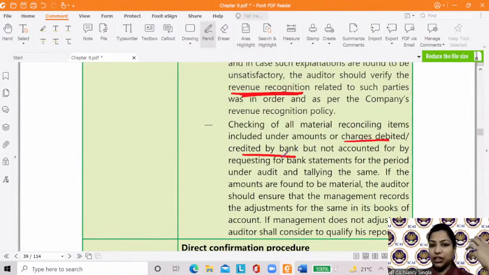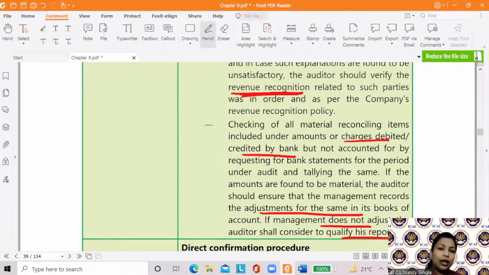Then it says that if any of the amount has been debited or credited, कुछ भी interest है या कुछ भी expense which has been debited or credited by the bank, तो उसका treatment देख लो ना, and if you feel that any of the adjustment is to be done, ask the management to do the same ना, management नहीं करता है तो qualify your report, है ना, if it is so material then you can always qualify your report, ठीक है। So clear and simple, tell me is it clear,